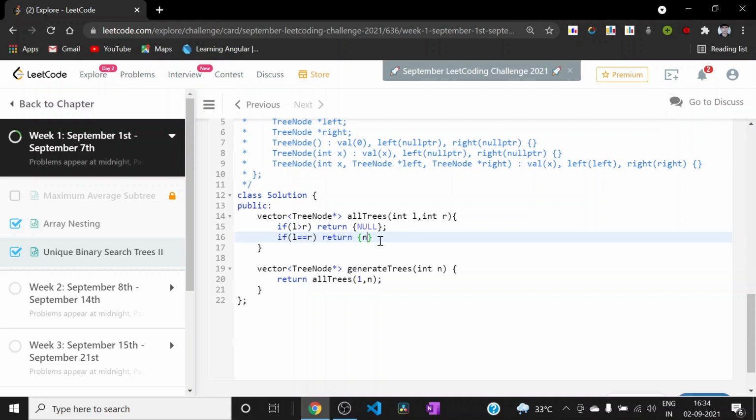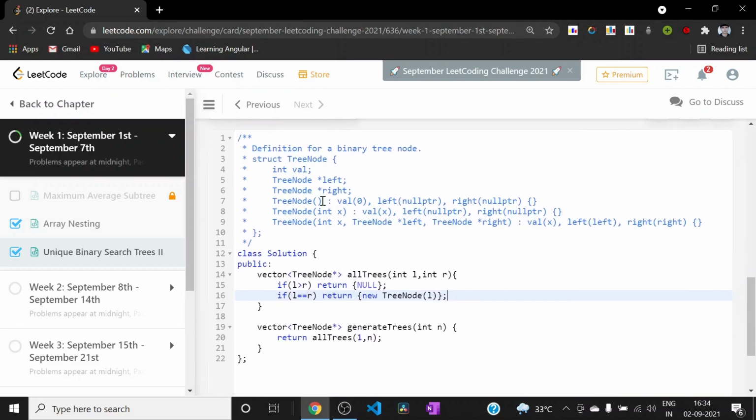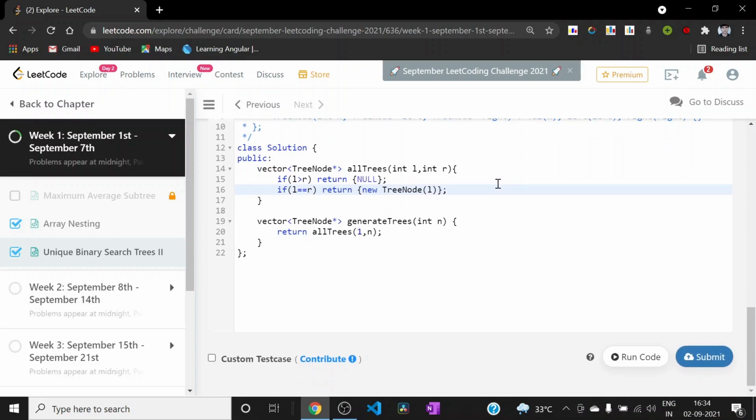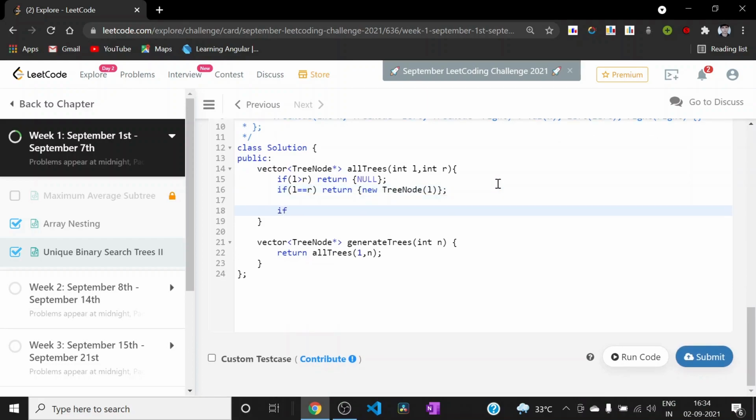So we can use this constructor, and this constructor is given in the description. And now we need to handle the case when l is less than r, so we don't need to use this if case.